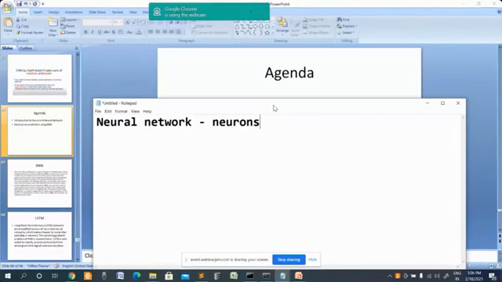Then we had a discussion about the different kinds of neural network, CNN, ANN, and today we are going to use the RNN. ANN, as we have discussed, could be used for simple kinds of classification or prediction. But when it comes to processing complex images, it is good to go with the CNN, that is a convolution neural network. Convolution neural network is good for image classification.